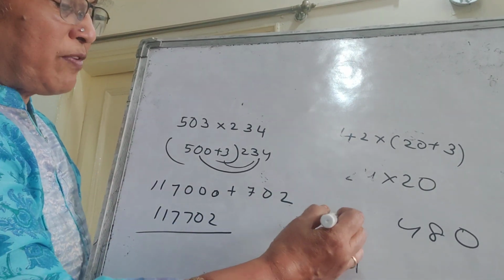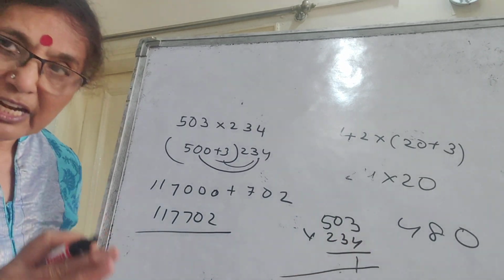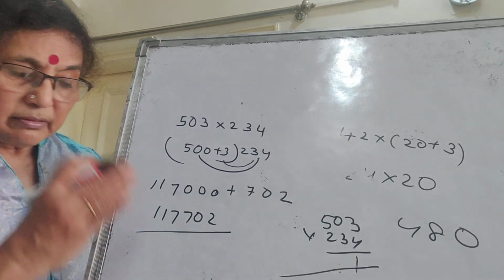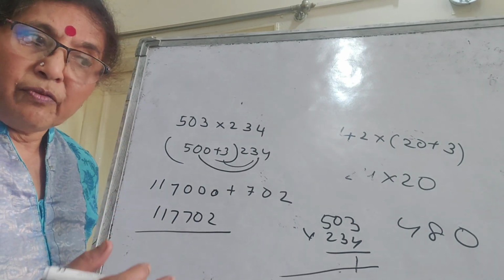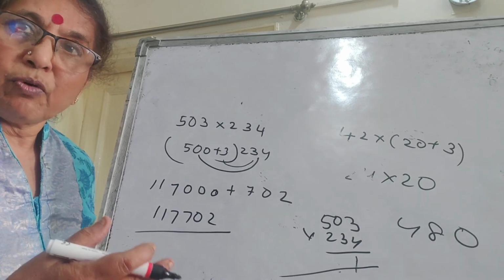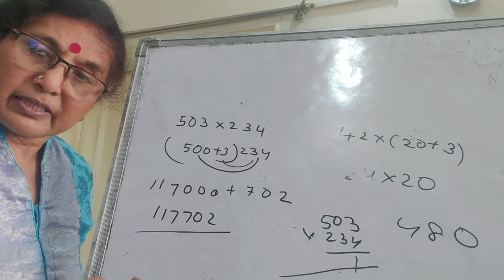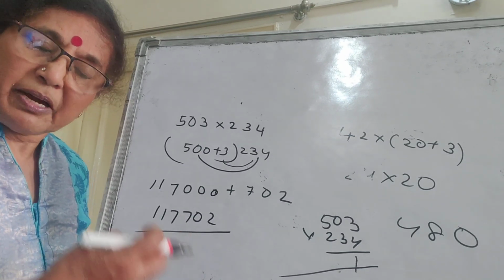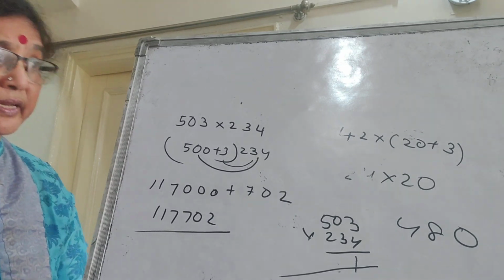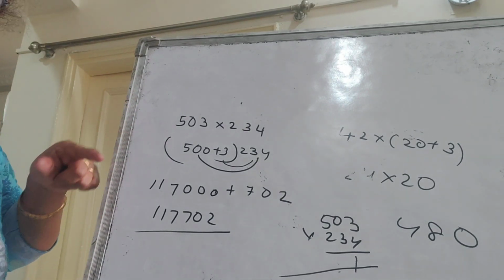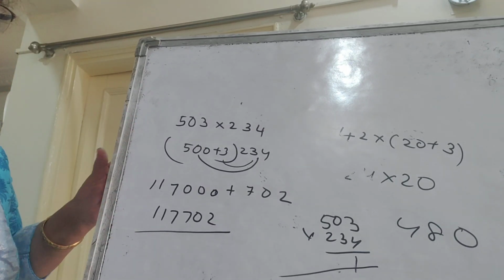But the child will do 503 and 234 and then multiply, which takes time. It's not that it's wrong, it's not wrong. Same answer, but it will be a longer method. So as we go higher, we have to save time. You know, what are these entrance exams? All doing fast mathematics, same mathematics. Same topics, easy topics, but doing in a way we take 5 minutes, you have to finish in 5 seconds or 10 seconds or 20 seconds. So this is what I mean to say, application of what you are learning in mathematics.